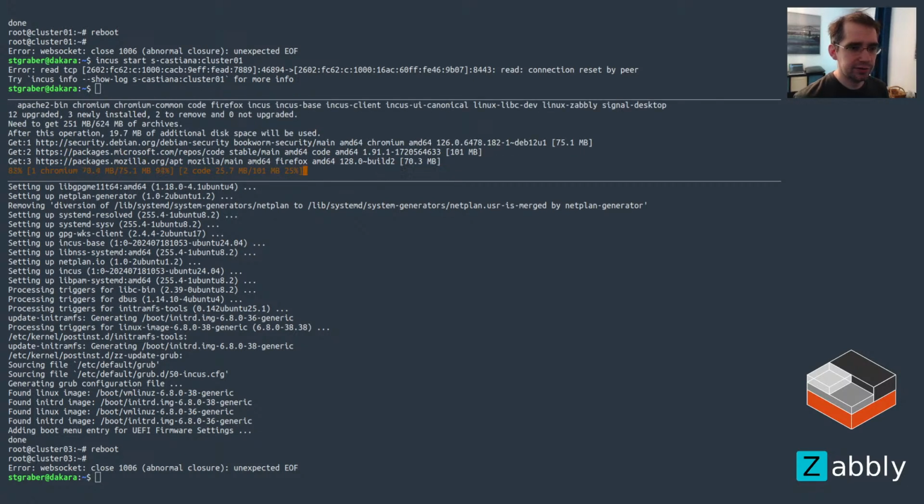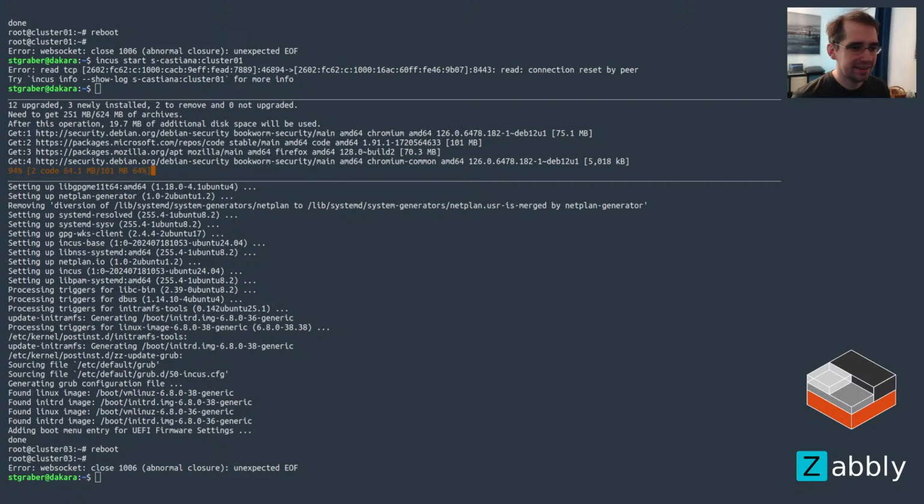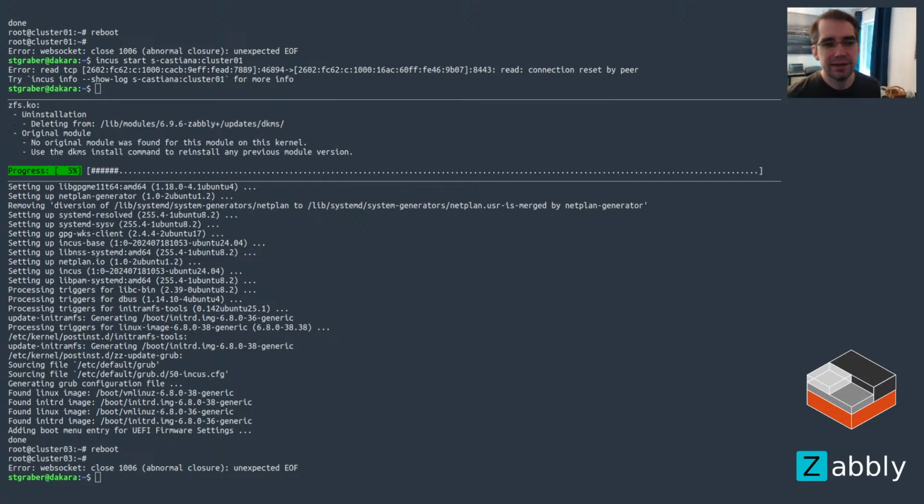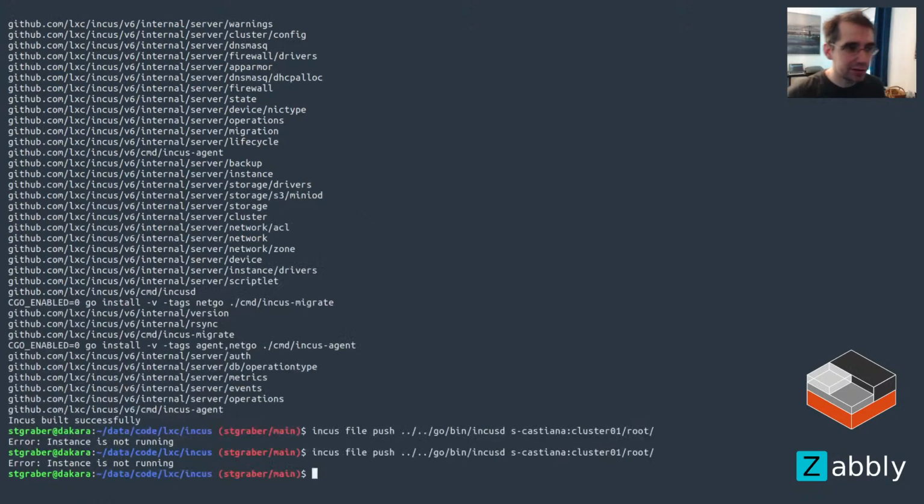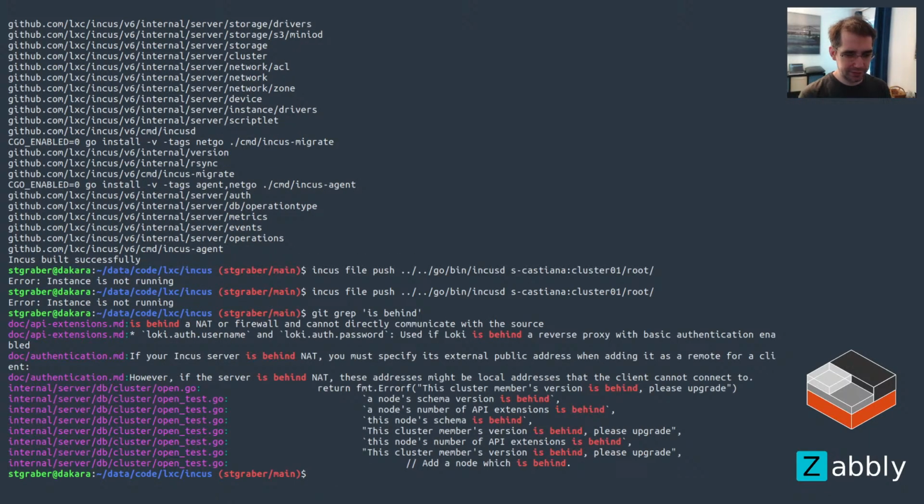See if I can just finish that update. All right, so this got it downloaded. Now just need the update to apply and then reboot the machine, and that would be good to go. While that's going on, let's go see the logic for the cluster checks. I think if we look for is behind, we should find it, which is, yeah, database